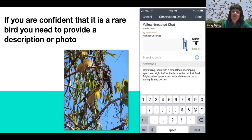So you do have to write a comment exactly describing what you saw. Now, if you were able to take a photo, you can put the photo in later. You can't put it in on your app, but that's something else you can do. This is kind of advanced. So if you're not ready for this and you see something rare, you can